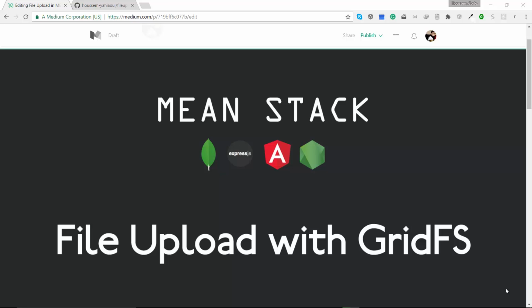My name is Hussein Hiari, and in today's session we're going to talk about how we can incorporate file upload using GridFS in a MEAN stack application. I'm in the middle of writing a blog post about it, and I intended to do a video recording of the thing in order to be more interactive and more comprehensive, because sometimes blog posts can be really bad at